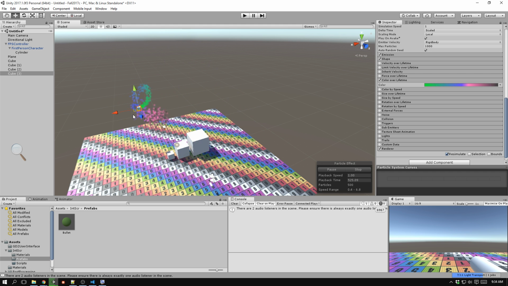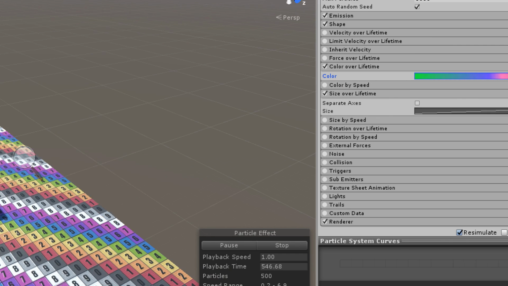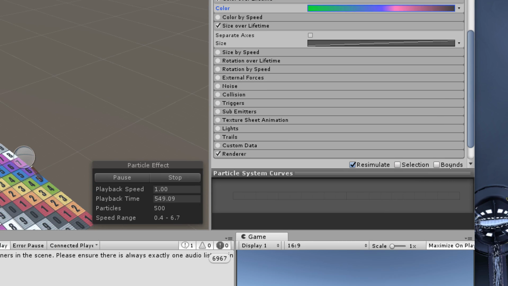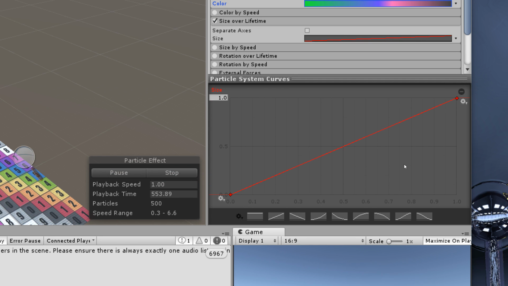Yep. So fancy. So I'll show you another thing similar to color over lifetime, is size over lifetime. I don't like how my particles just disappear. They pop out of existence. I would much prefer that they would just shrink into nothing. So if you turn size over lifetime on, and come down here and look at the particle system curves, I'm going to change this curve to start out at size of 1 and shrink to 0,